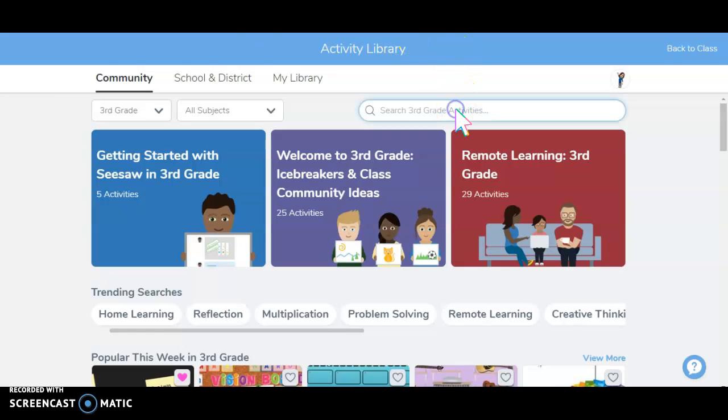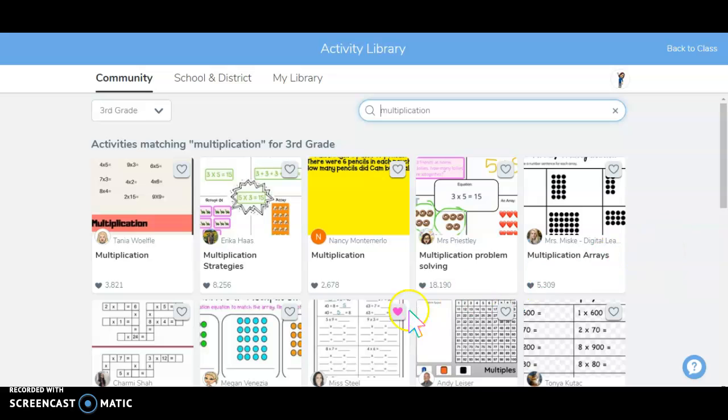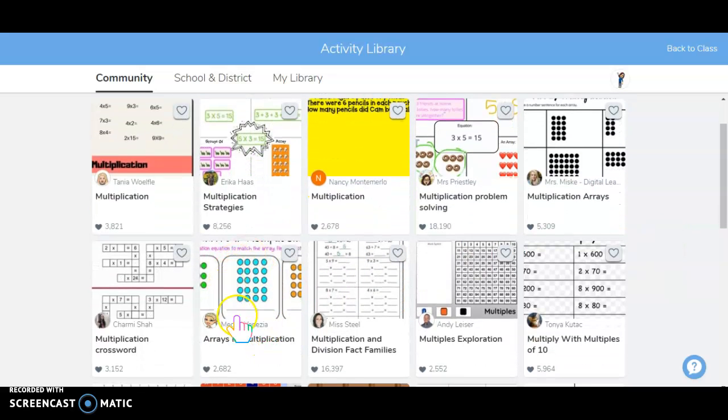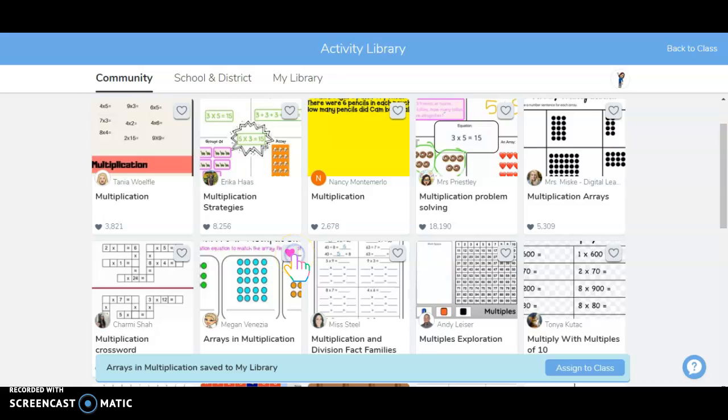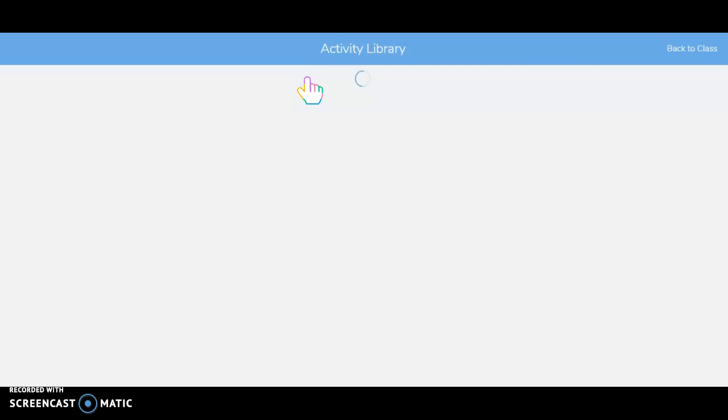So I'm here in third grade and I'm going to start looking for a multiplication activity here. And let's say I have decided that this is the one I want to use. If I click this heart, it will be favorited, and now the arrays and multiplication has been saved to my library. So I can go to my library,